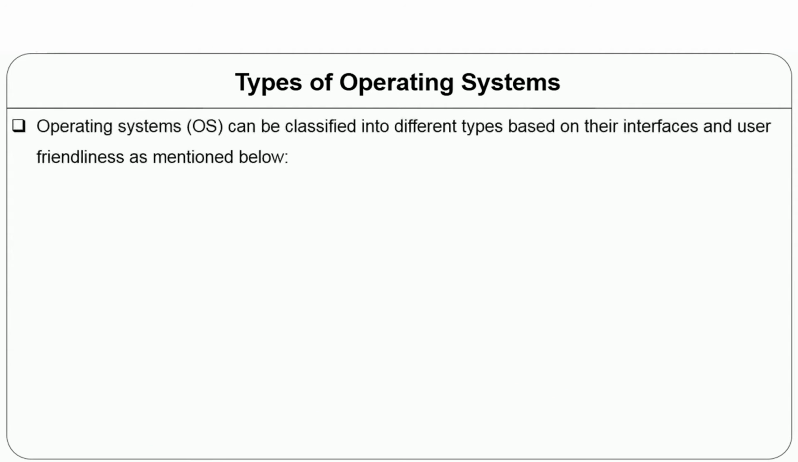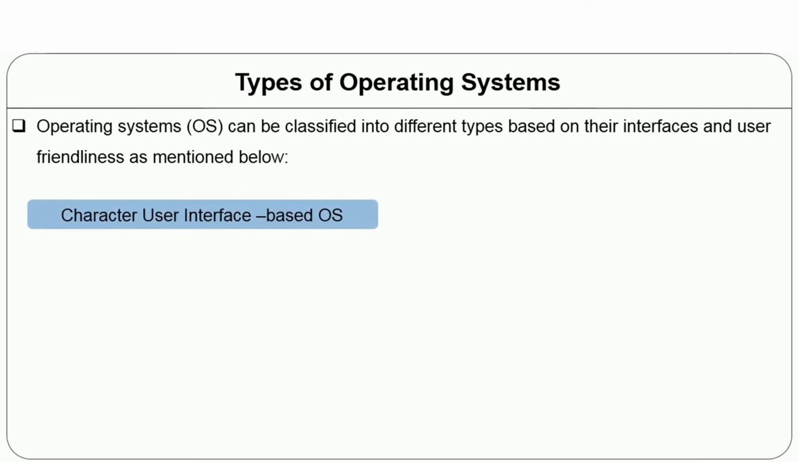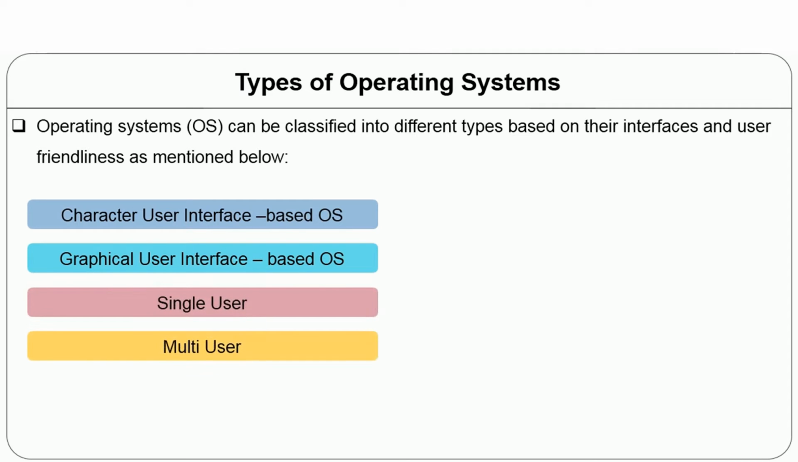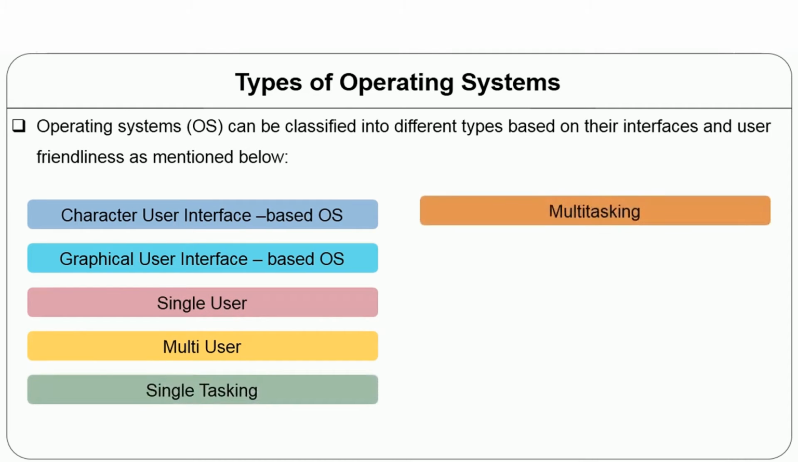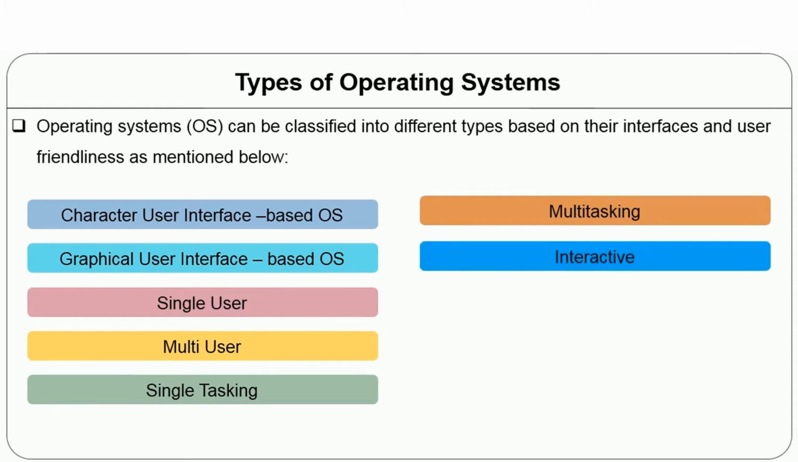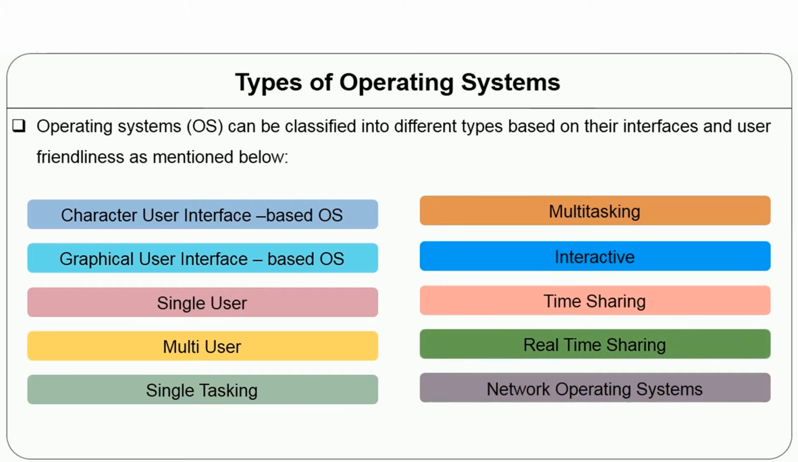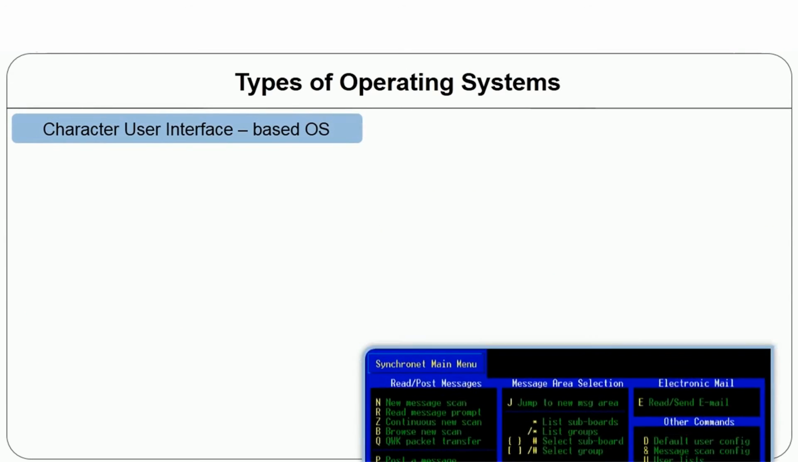Now let us see types of operating systems. They can be classified into different types based on their interfaces and user friendliness, like this: character user interface based operating system, graphical user interface, that is GUI based operating system, single user, multi-user, single tasking, multitasking, interactive, time sharing, real-time, network operating systems. Character user